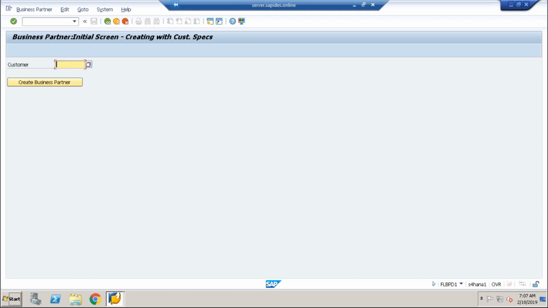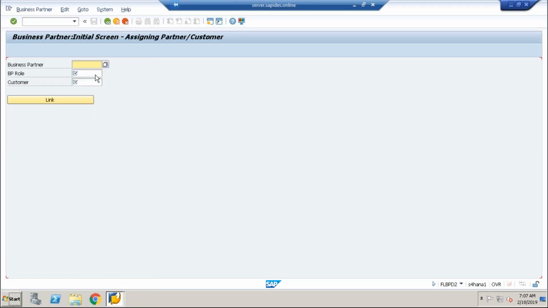If you have a customer, you can enter the customer and create a business partner directly. Once a customer is linked, I'll have to link my business partner. Suppose I have a customer, I'll have to figure out if there is one, because I don't have any customer currently, only as a standalone customer. Once you have a standalone customer, you can create a business partner, and you can link your existing business partner to the customer, because that provision is also given.